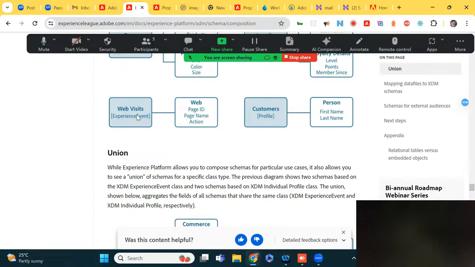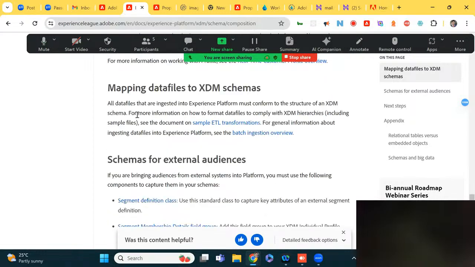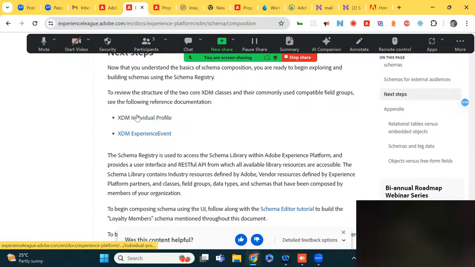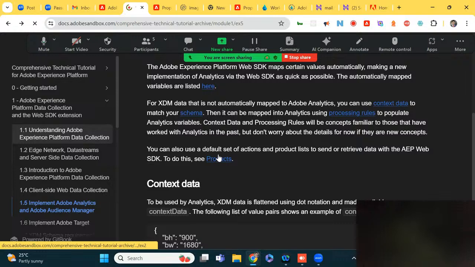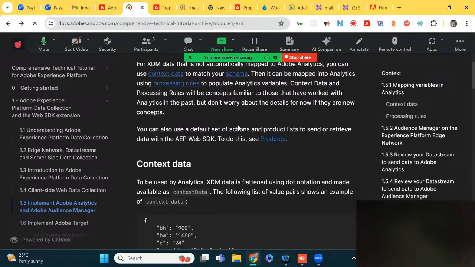Basically, each individual web visit is kind of a POJO. Right. Okay. Behind the scenes. Okay. Yeah. So that's the thing about this processing rules and schema. And so once we have this schema, yeah, once we have